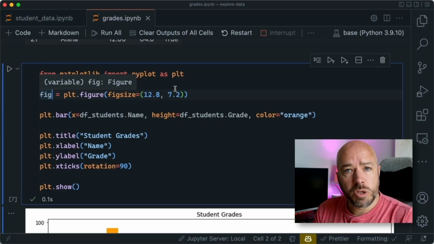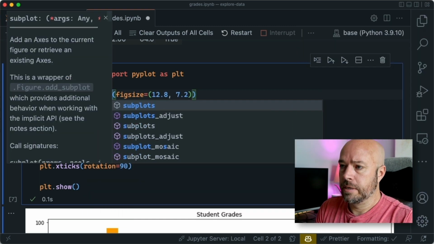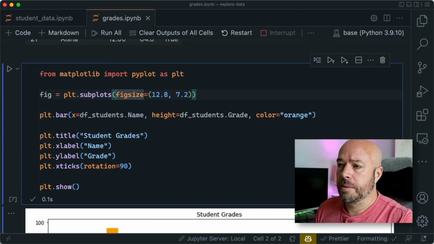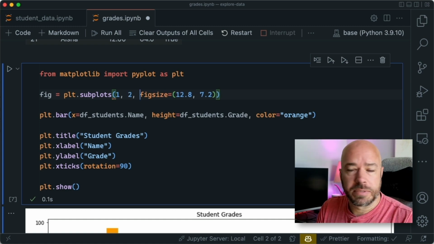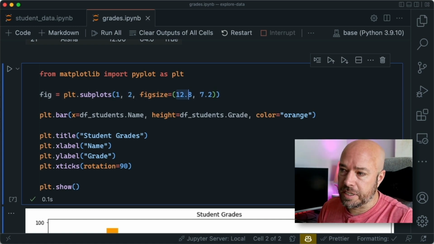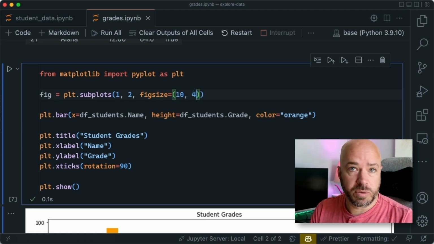When we want to have multiple plots in a figure, we need to use the subplots item on the plot element there. And then where the fig size is, the first thing we need to tell it is how many rows and how many columns this figure is going to have. So in this case, we want to have 1 row and 2 columns. And the fig size is a little bit big here. Let's take this back down to 10 by 4 or 1000 pixels by 400 pixels